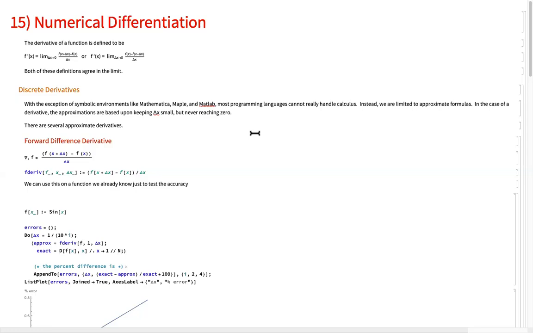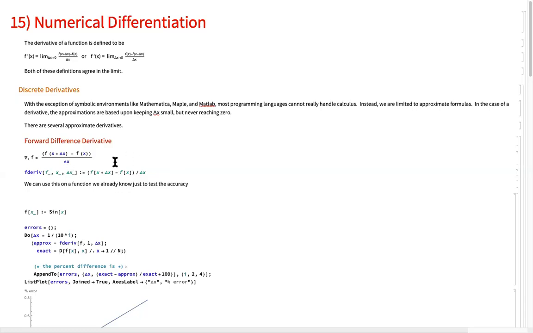So they are able to do some symbolic calculus, but most programming languages cannot do that. So instead, you have to use these approximate formulas. We've used the derivative function a little bit in Mathematica. You know how that works. This is how you would work in most other cases, in C, Fortran, Python,